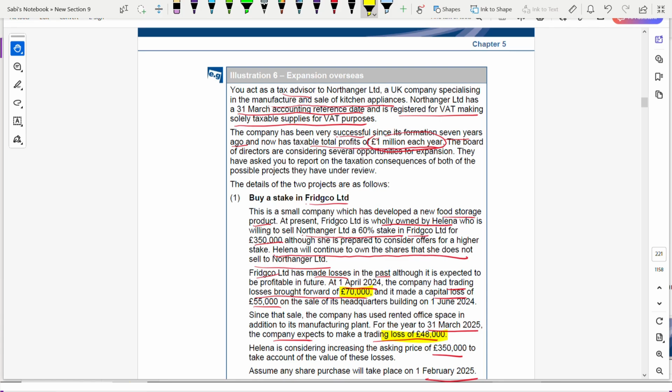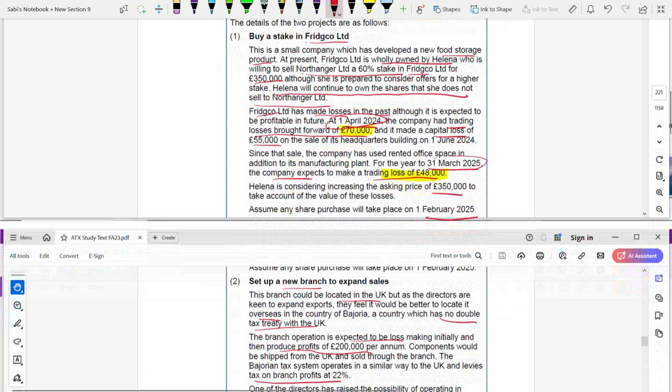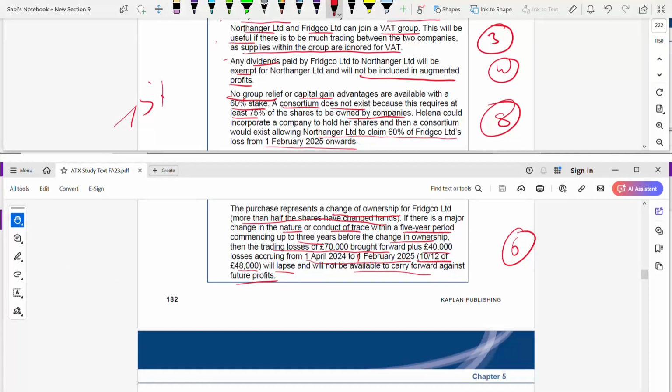Okay, but it's only from 1st of April to 31st March 2025. No, they have given the dates. In fact, it's from 1st of April to 1st Feb. Sorry. Okay, now